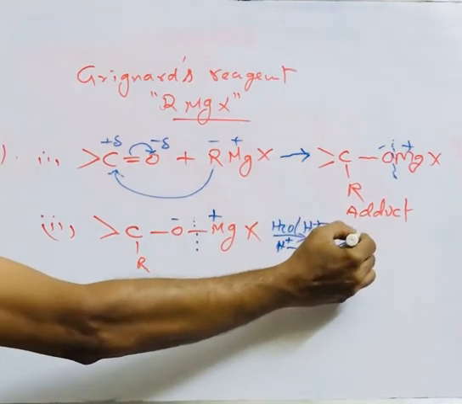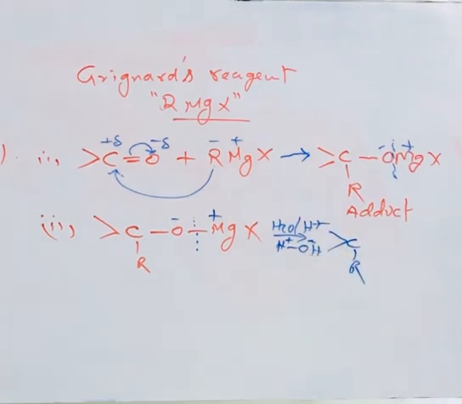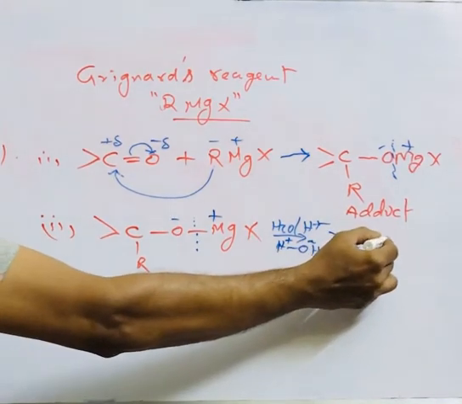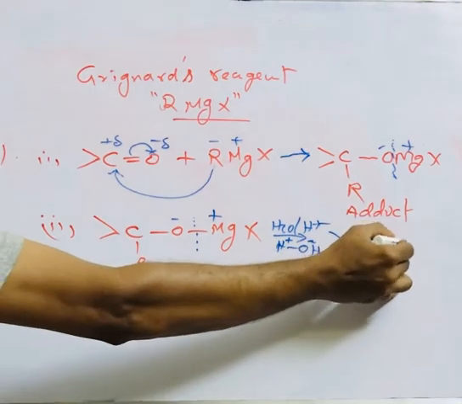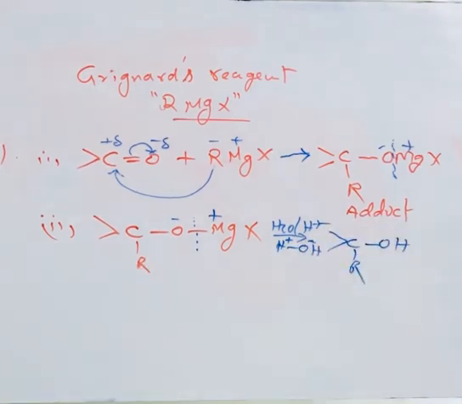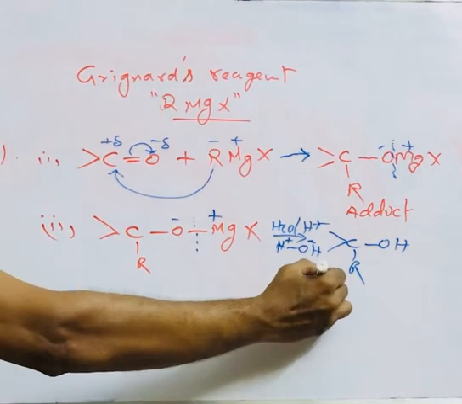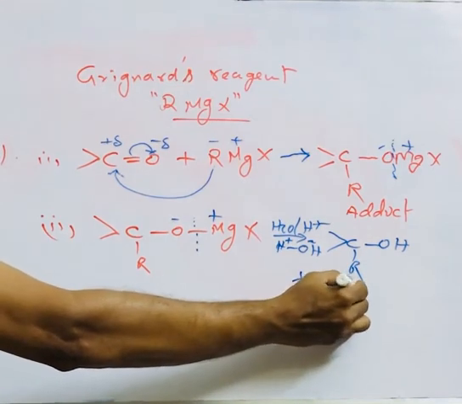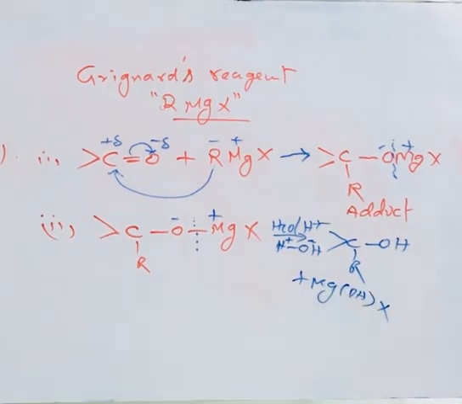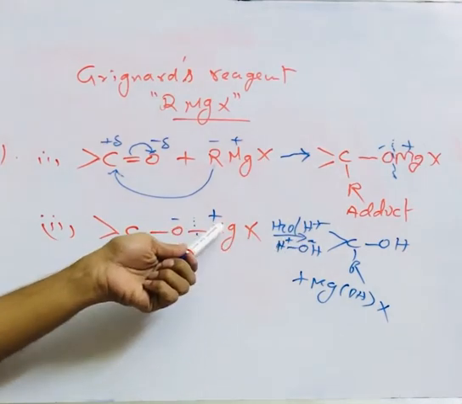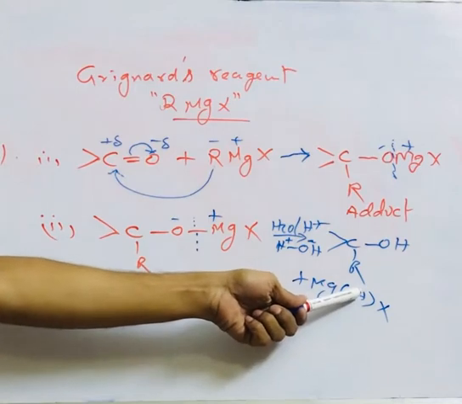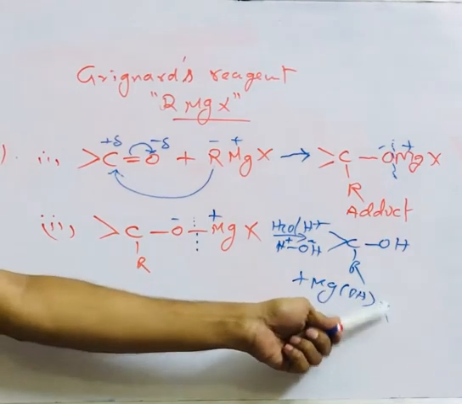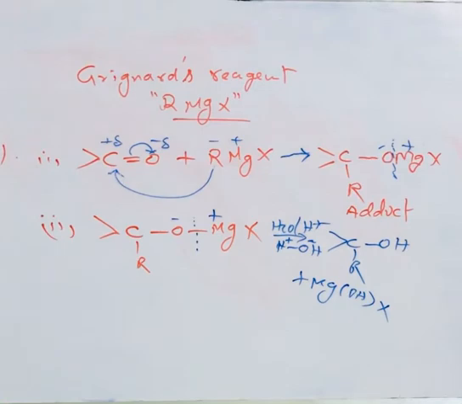I will get R, C, O, and H. So you get alcohol. We can obtain alcohol plus Mg(OH)X, hydroxy magnesium halide. Hydroxy OH will come to the Mg. One side is OH, other side X. Magnesium hydroxy halide. So this is the way Grignard reagent addition to the carbonyl compound leads to the formation of